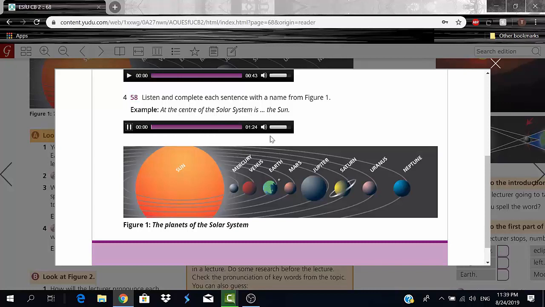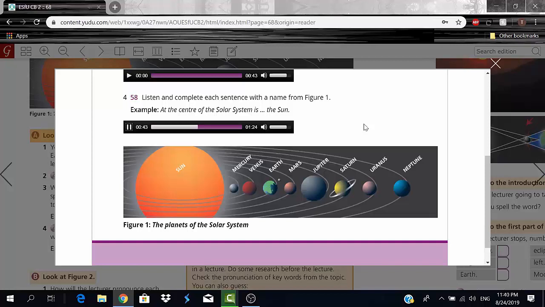Here we go. 58. Exercise A4. Listen and complete each sentence with a name from figure 1. 1, At the center of the solar system is The sun, the sun. 2, The nearest planet to the sun is called Mercury, Mercury. 3, The fourth planet from the sun is called Mars, Mars. 4, There is a large planet with rings.